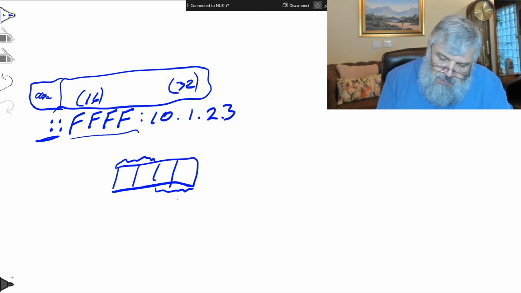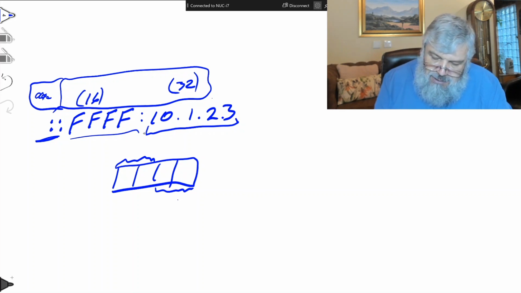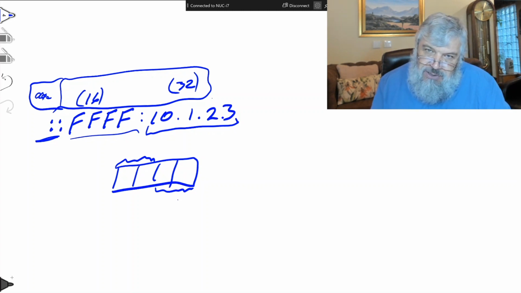But the point is that whenever I use an address like that, this indicates it's IP version 6, but there it means I'm going into IP version 4 compatibility mode. I'm actually using an IP version 4 address as an IP version 6 address.